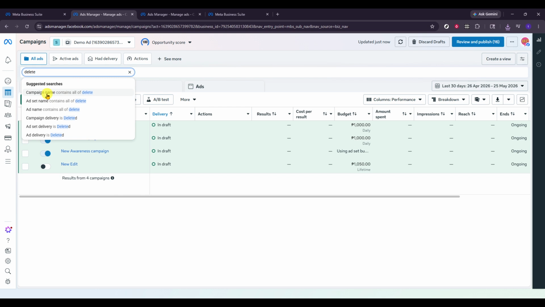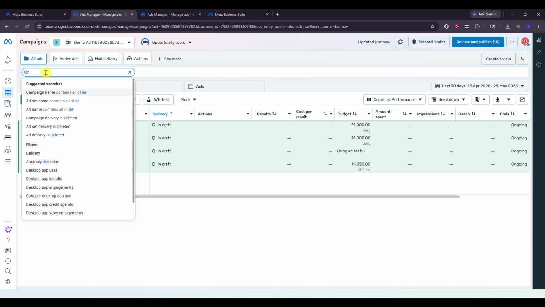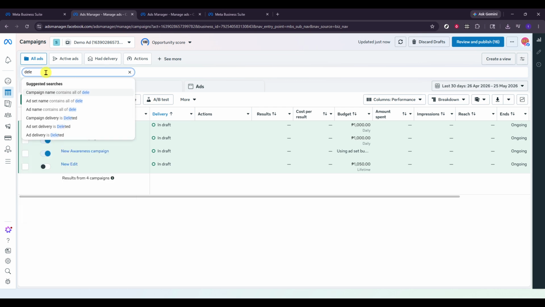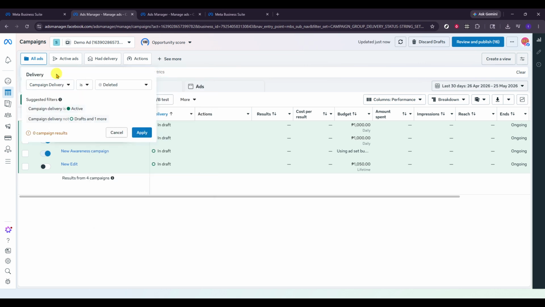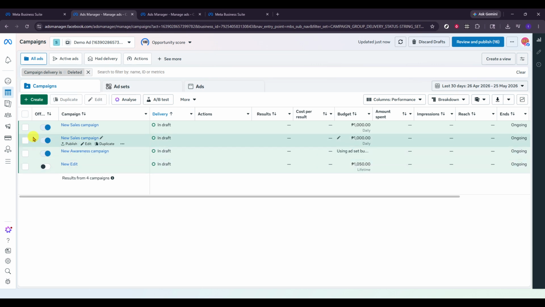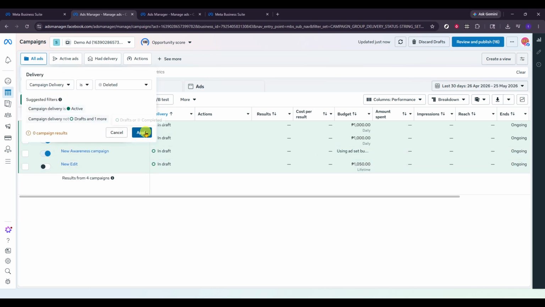If you don't see anything, it could simply mean there aren't any deleted campaigns in the current view. That's normal. Another possibility is that the deleted items fall outside your current reporting window, or that you're in a different ad account than the one that contained the campaign. As a tip, ensure you're in the correct account and that your time range covers the period when the campaign